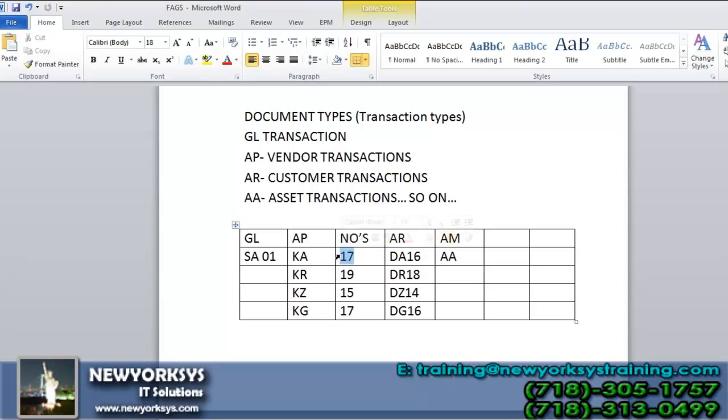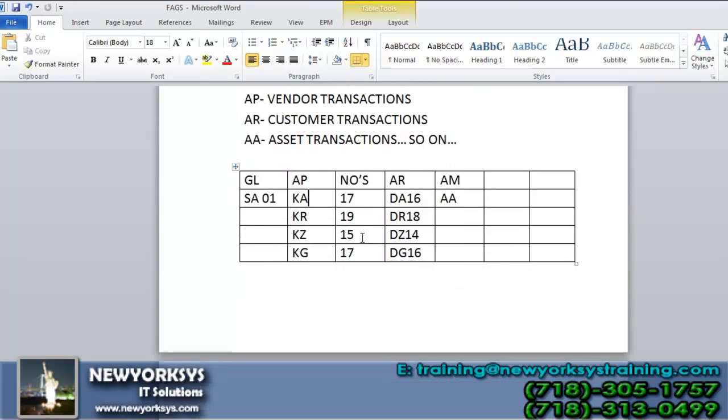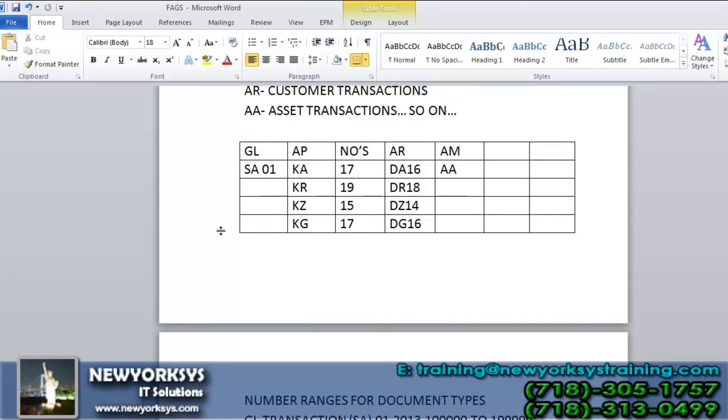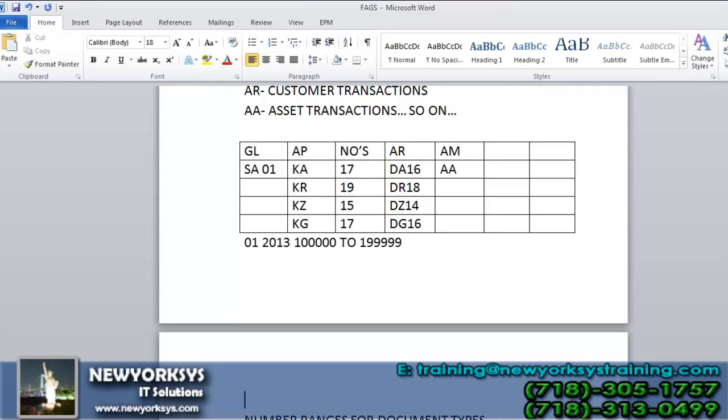The thing what you need to do is you need to identify the document type and give the number range for the document type. What is the number range? When you are saving a document, say suppose cash to bank, it is a general ledger document, right? How does the system identify that this is a general ledger document? We need to instruct the system, specifying a range like 01 followed by a year, starting from 1 lakh. 1 lakh is a document number, up to 1,99,000. This is the instruction given to the system.